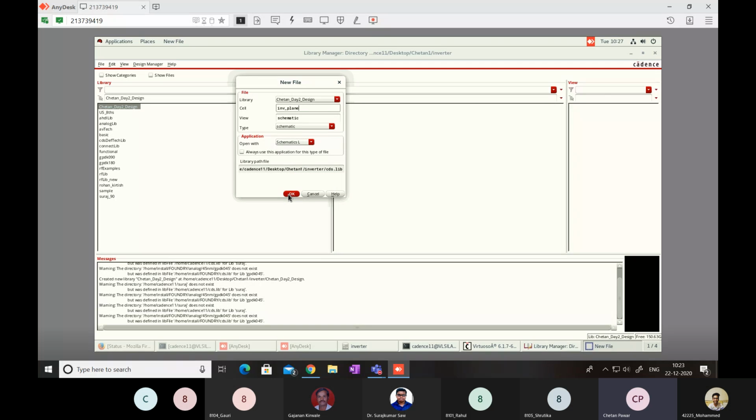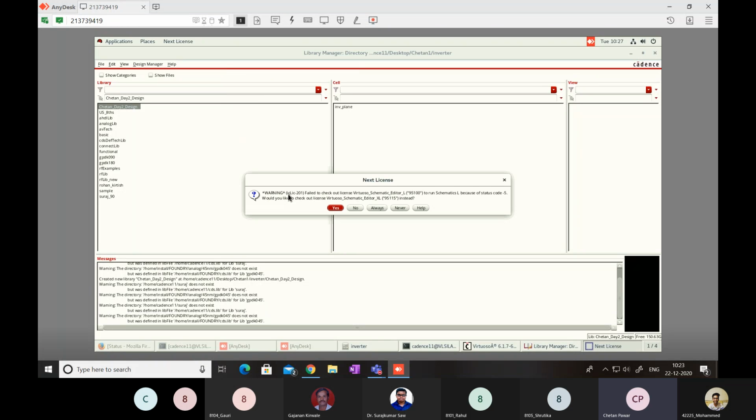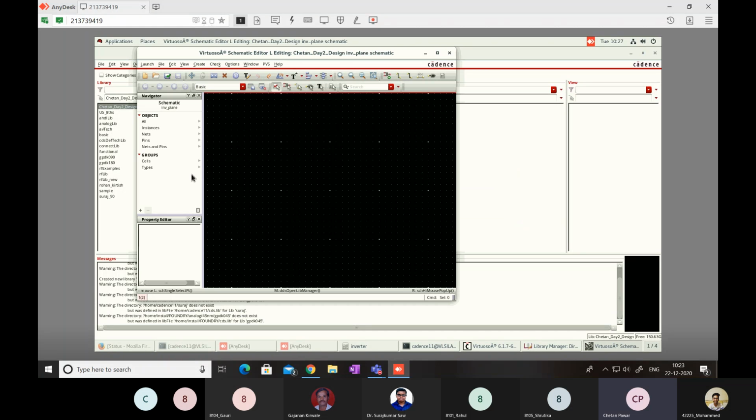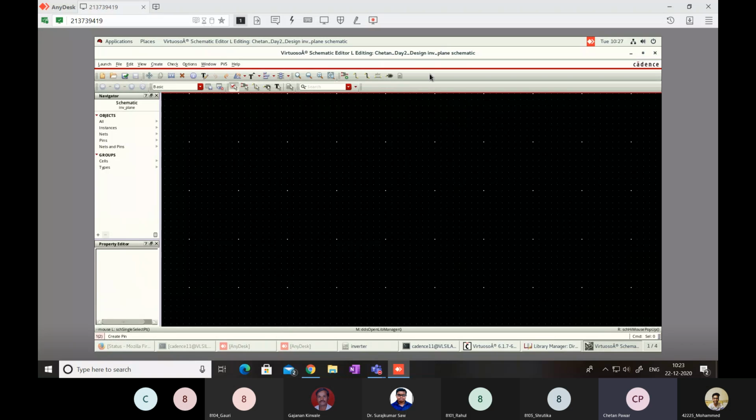If I click on OK, it will ask you for a license. Click yes here. After clicking on yes, a new editor window will open. This window is called a schematic editor window. In this window, you need to create an inverter schematic, right? So in the inverter schematic,